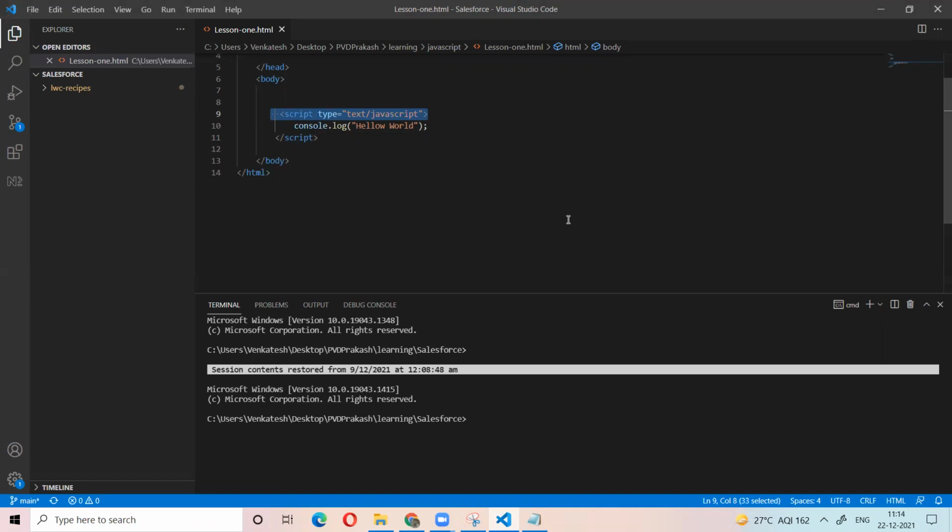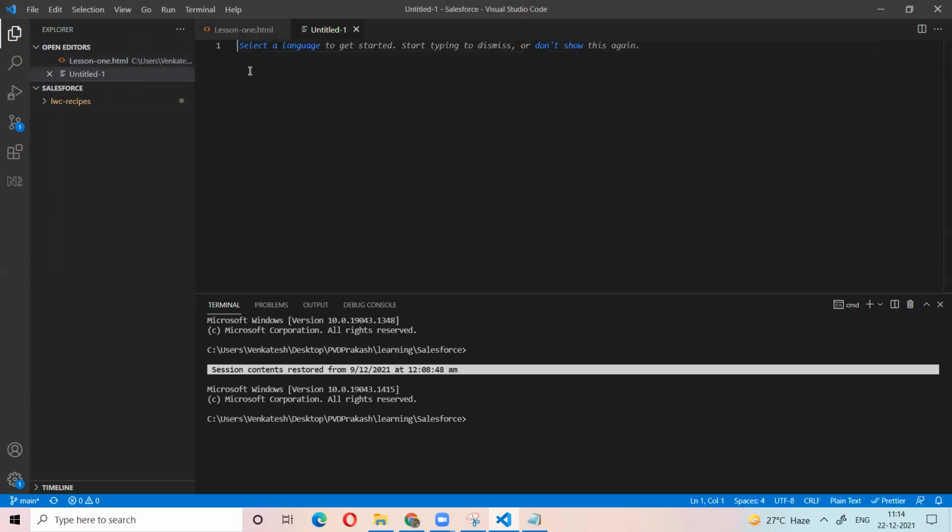Second thing, we can write our JavaScript code in an external file, and we can include that file in the HTML. Let me explain how. So let me write a separate JavaScript file.